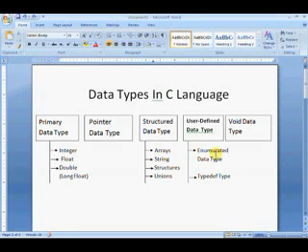If I want to create some data types of my own, then the user can access those types easily.